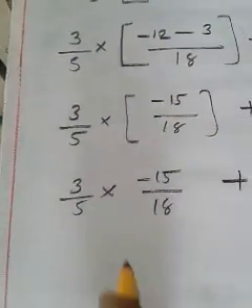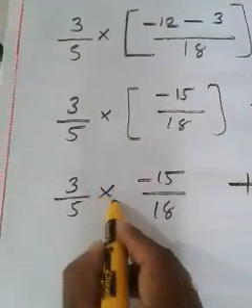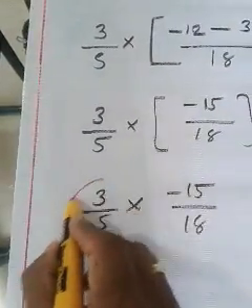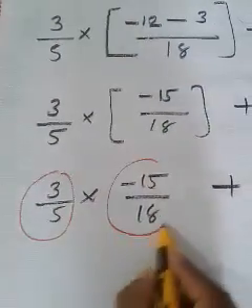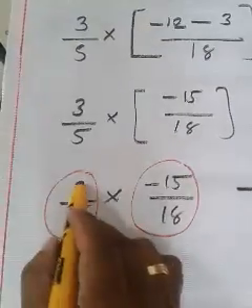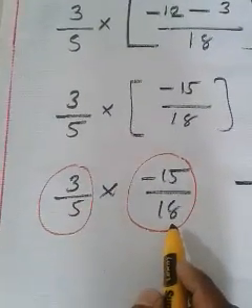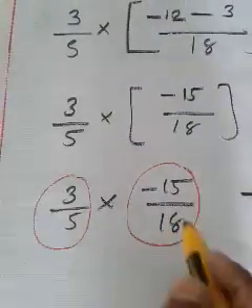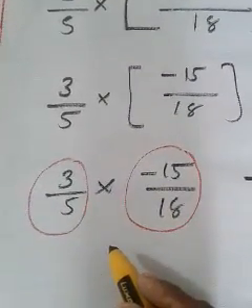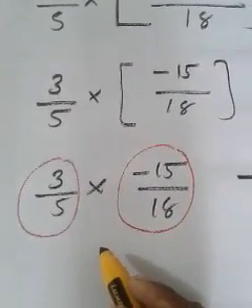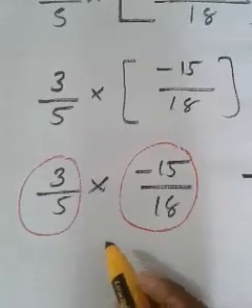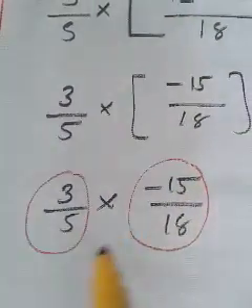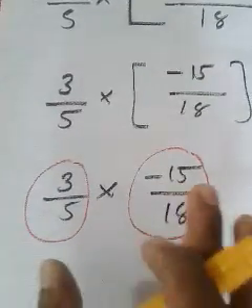Now I told you, if the operation is multiplication and you are going to multiply a fraction and another fraction, you can multiply the numerators and multiply the denominators. That can be applied. But still you have to think whether any simplification is possible or not. Yes, here we can do some simplification. That means before multiplying numerators and denominators, you have to think whether any simplification is possible.